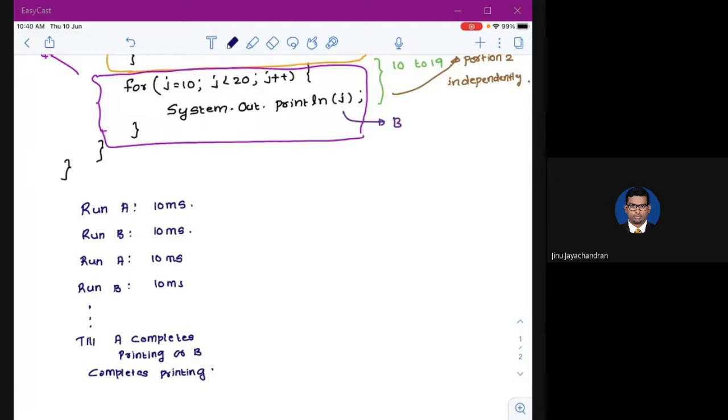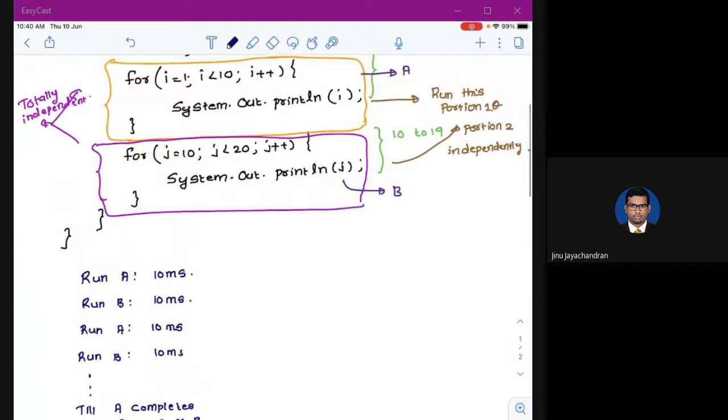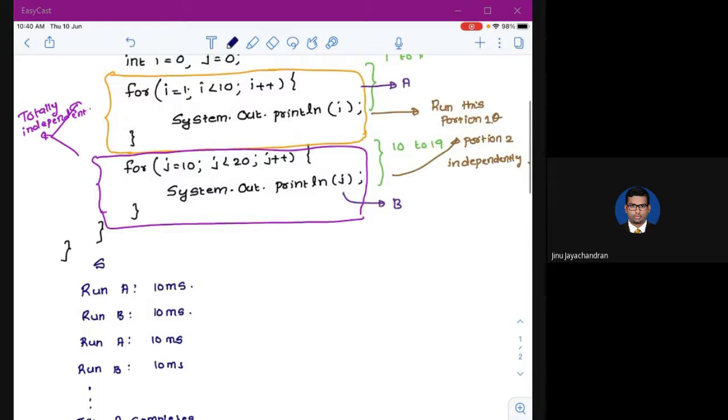So you see that actually these two codes are running in parallel. First A runs for some time, then B runs, then A runs again for some time, then B runs. So actually they are running in parallel. Okay. So you say that there are two threads in this program, A and B, and they are running in parallel. So I am talking about a single processor system, that is, there is one ALU.